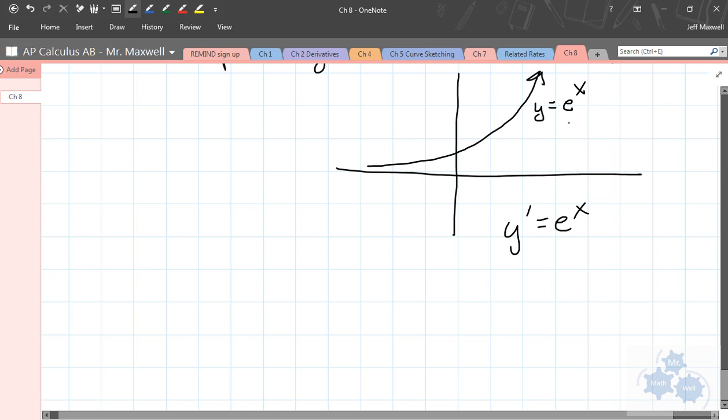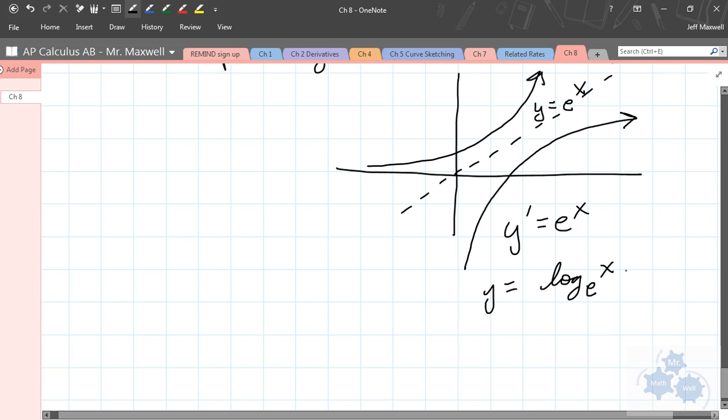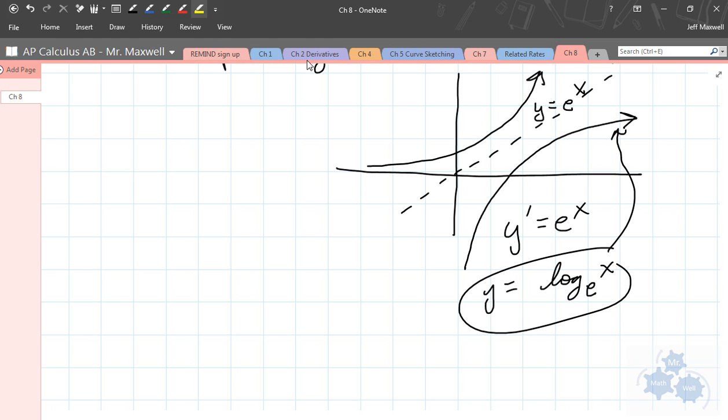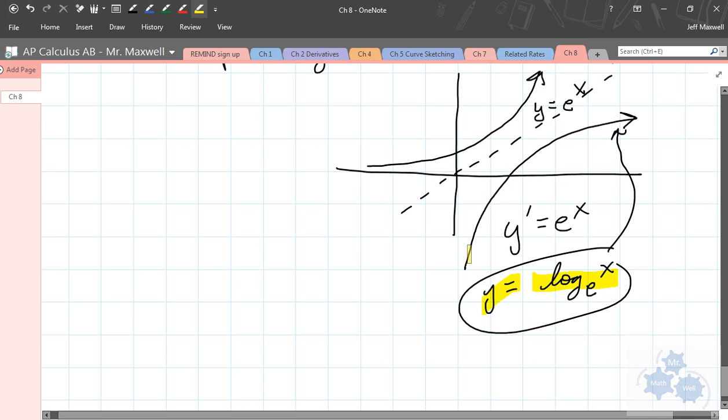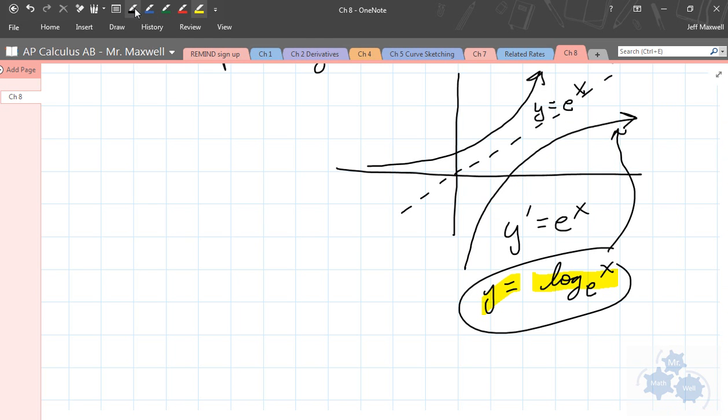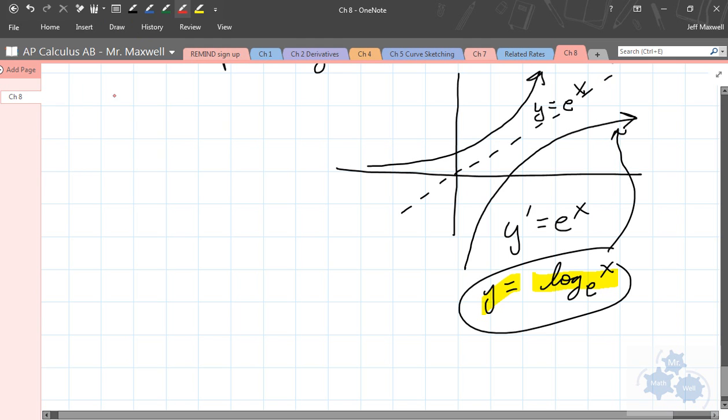Okay, very good. Now, there should be a logarithm that is the reciprocal of this special exponential function. And there is. So really, it's y equals the logarithm of x with base e. And that's what this graph is right here. That's what this would be, the inverse of y equals e to the power of x. And it has a special name. So log of x base e is the natural logarithm